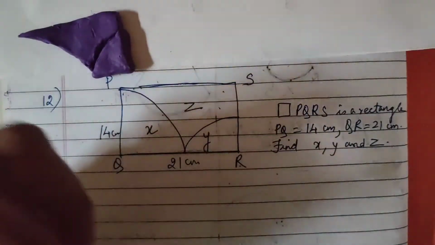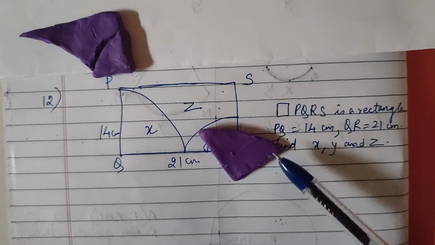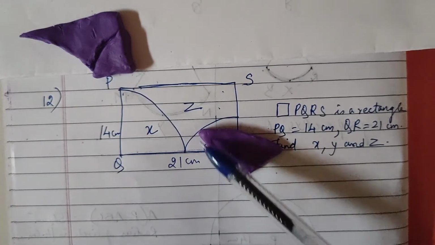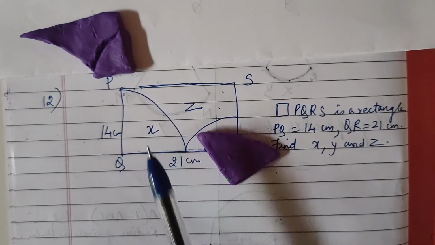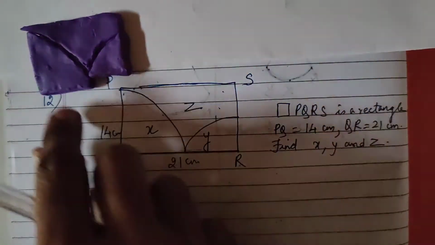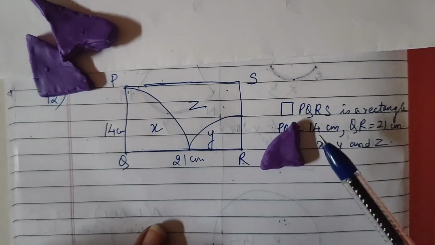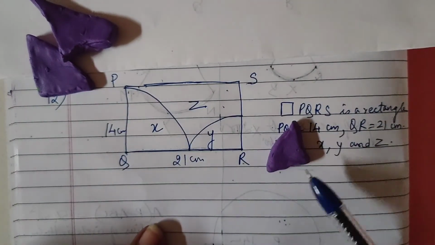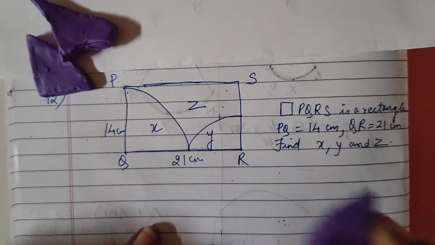This is a sector, can I say or not? Yes, why can I say a sector? Because I have 2 radii here and the length of the arc. So this is a sector. So the X, what we have to find, is nothing but the area of a sector. Let's go for the next figure. Again if I take it from here, what does it seem to be? This is a radius. This is also a radius and this is an arc. So this is also a small sector.